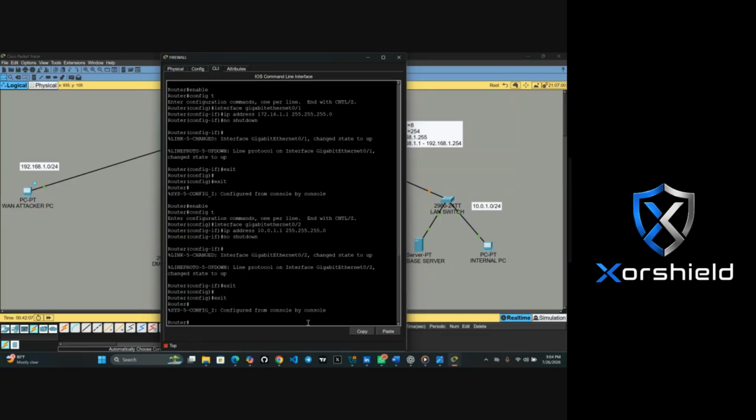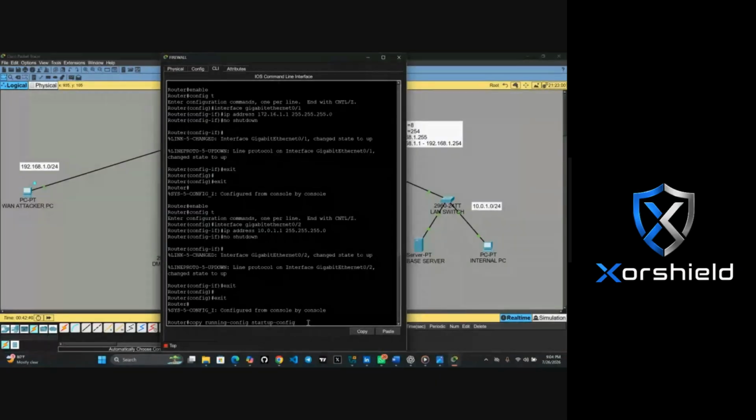And one thing, after you've done this, make sure you save it. But we use two commands to save. I will type the two, but the one that you feel like you can remember fast, you can use it. Either we use copy running-config startup-config.